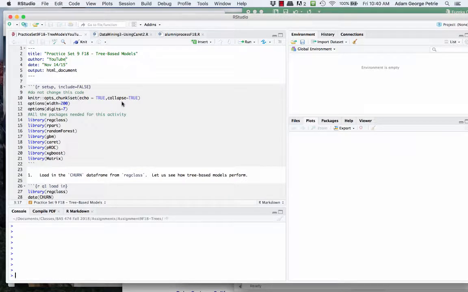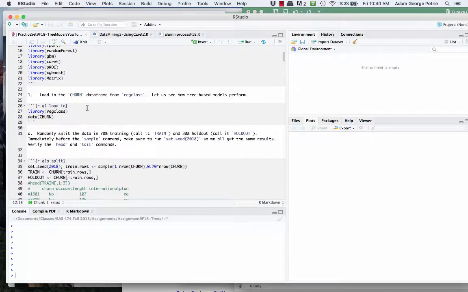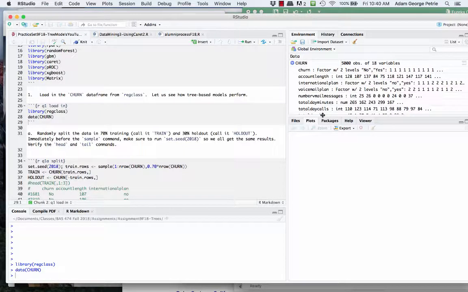Let's walk through some of practice set 9, where we get some practice implementing some tree-based models, some of the most powerful predictive analytics models that we can be doing in predictive analytics. So we'll start out by looking at the churn data set, and this is a problem that many telecommunications companies